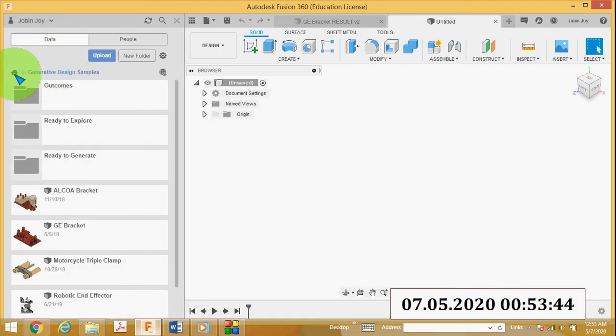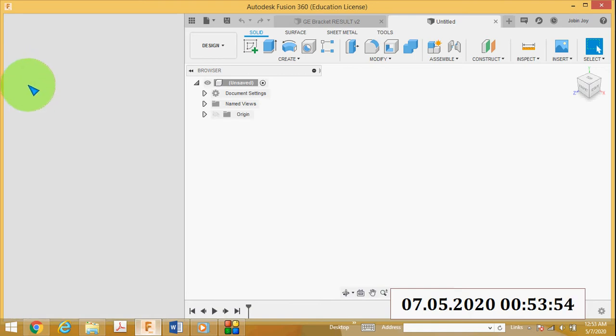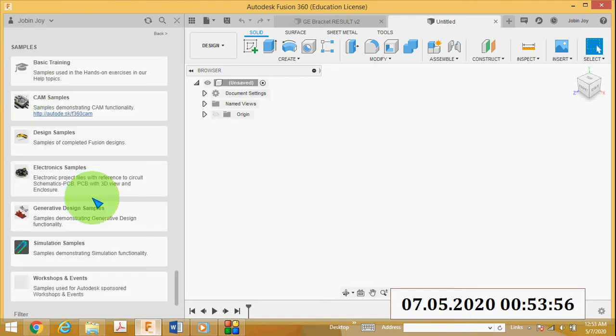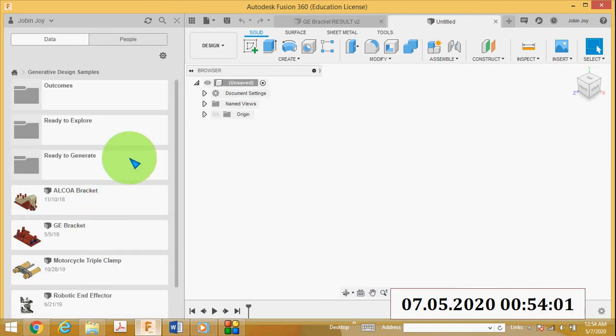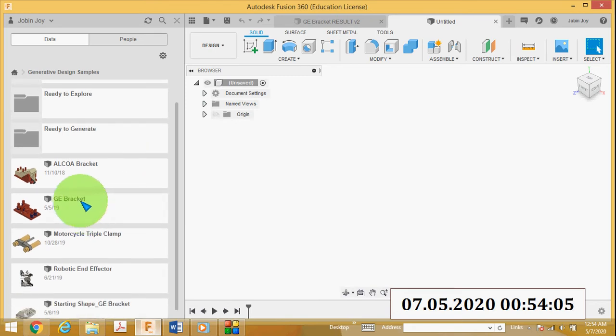then click this home button, then double click the generative design samples. In these generative design samples you can see GE bracket.